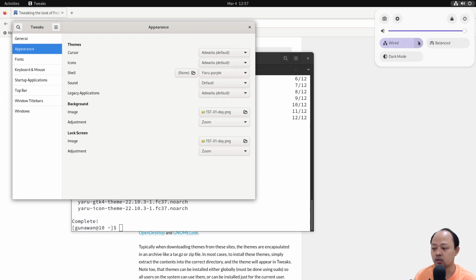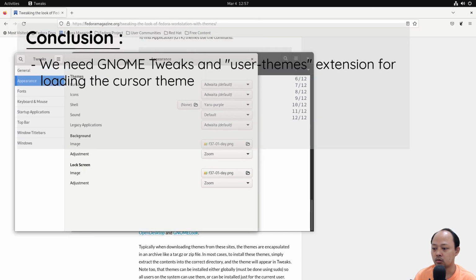Okay, so this is my conclusion. We need GNOME Tweaks for enabling the shell themes, but we need User Themes enabled from GNOME Extensions, so automatically we need to install GNOME Extensions first.